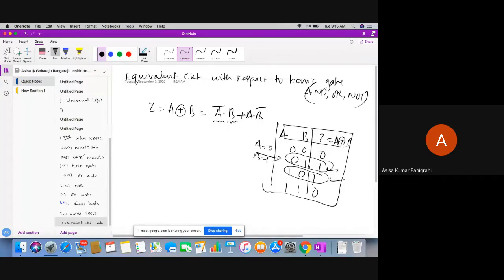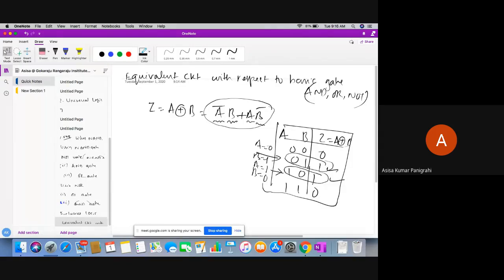I will tell you about these things later in unit 2. Don't worry. In this way, I have got the expression A bar B. And if you see this 1 0 combination, at that time what is my A? A is 1, so A as it is, and B is 0. Since B is 0, it is represented as B bar. In this way, I have got these expressions. I will explain these better in unit 2 once you start learning about sum of products and minterms. At that time you will understand it very well.